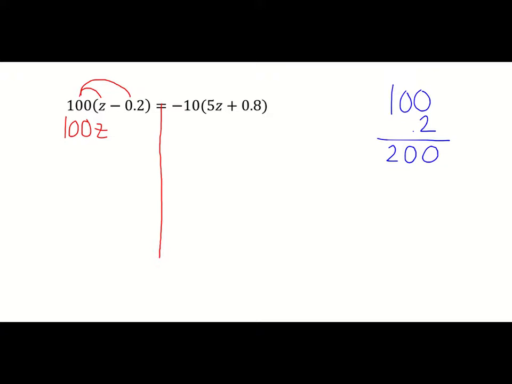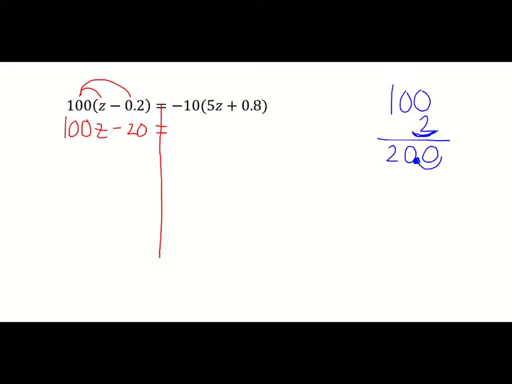Now when you multiply and there's a decimal, we want to count how many decimal places there were. Well, there was just this one decimal place, so I want to move in one number and put my decimal. So this would be the same thing as 20.0, which is just 20. So we would have minus 20